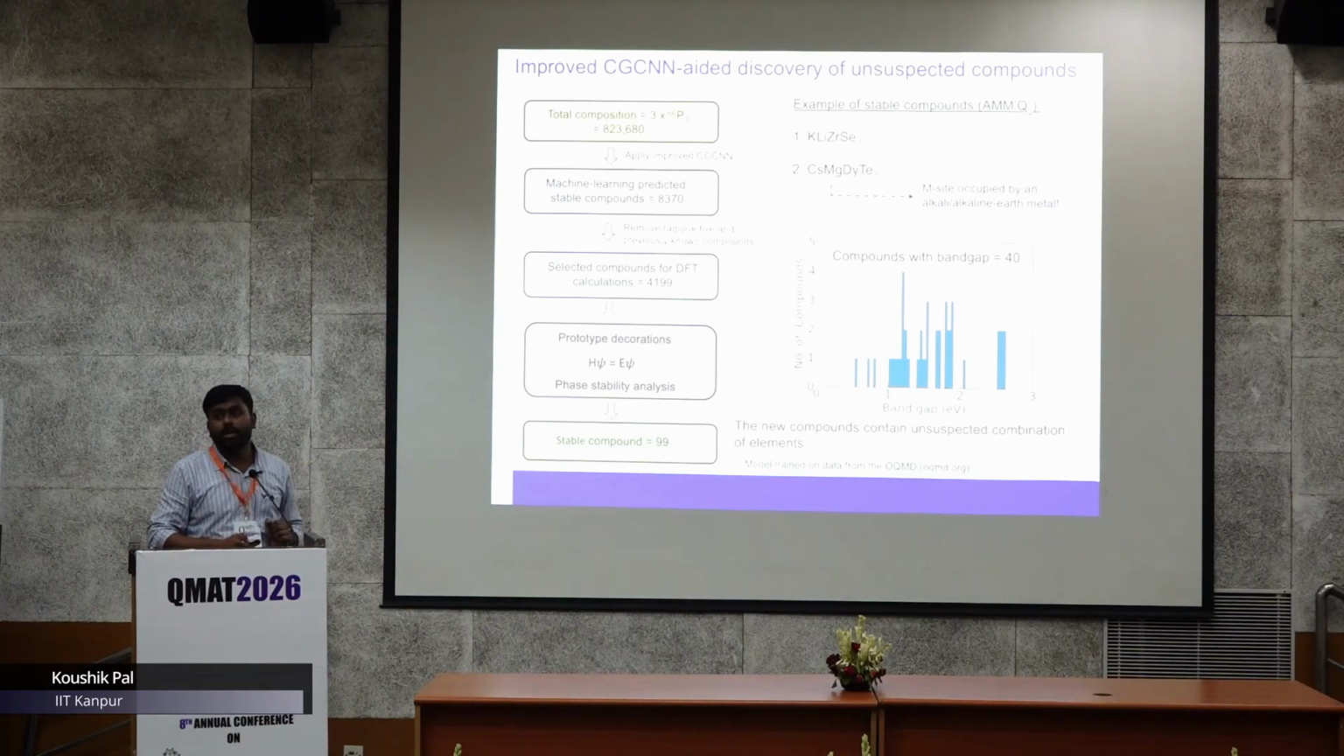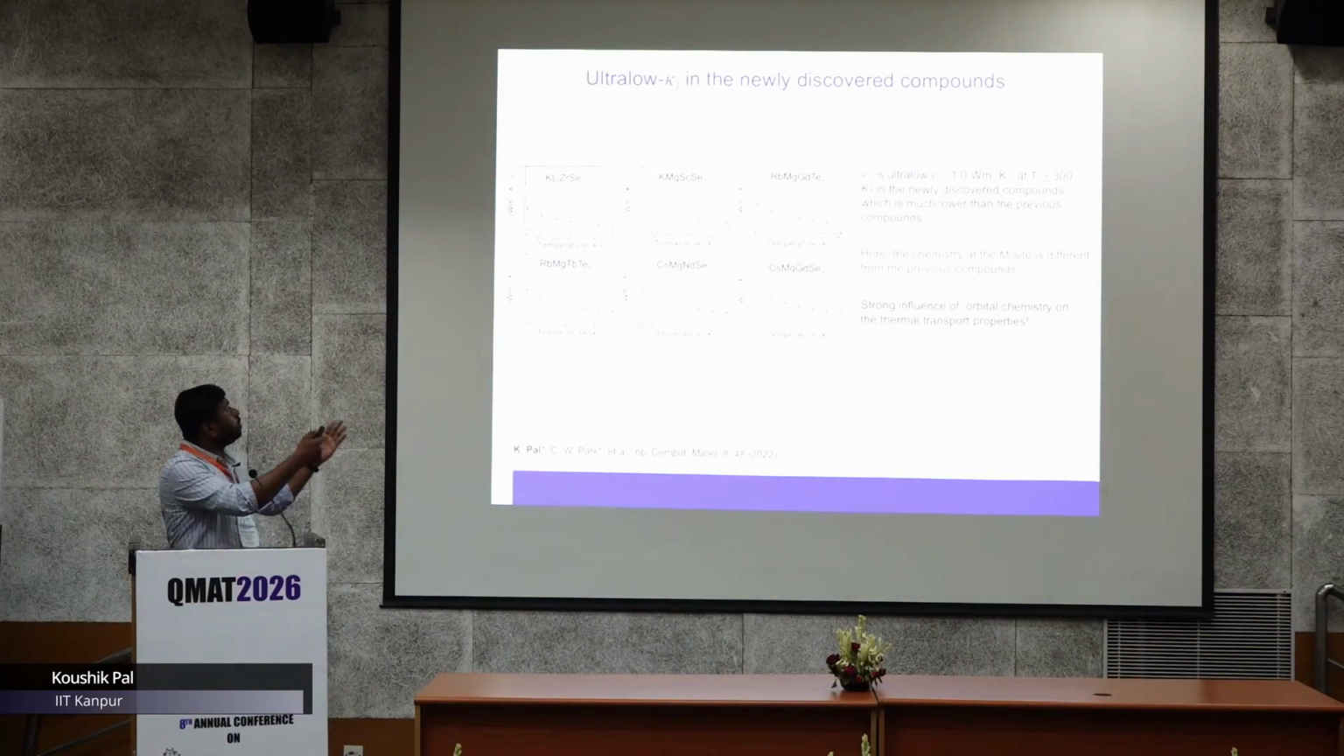So this is the beauty of applying a machine learning model to discover completely new compounds that we could not even think of before. And again, we randomly selected some compounds from the predicted list, and then we calculated thermal conductivity, again using Boltzmann transport equations, and the thermal conductivity is also very low. So these are also semiconducting compounds, and this paper is reported here. Okay,